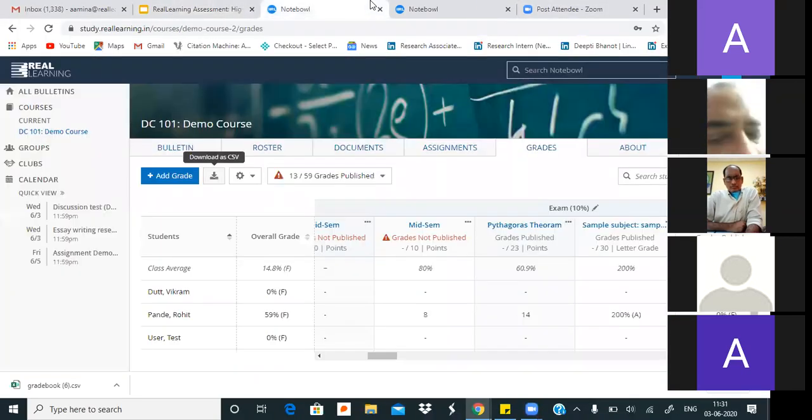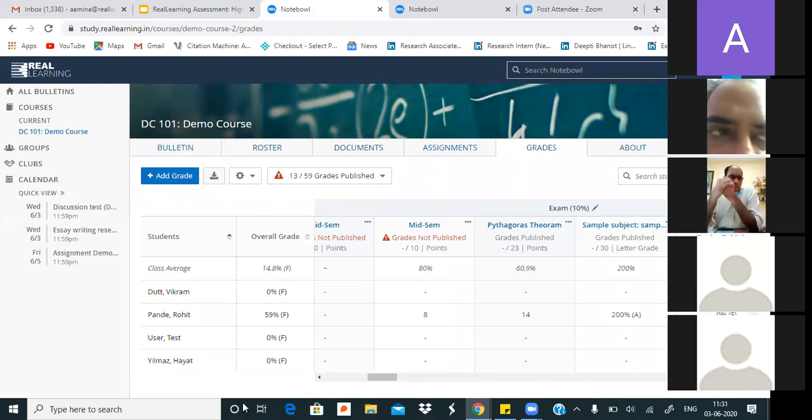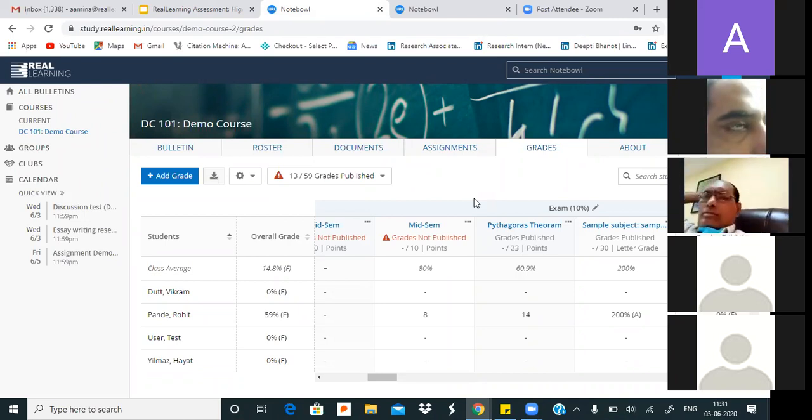So was everyone able to see how teachers can import as well as export the grades? Yes, we saw the download of grades. Okay, great. So again, just a quick recap. Teachers, when they come to their grades section, they have a few options here. They can see the overall performance of each and every student for each specific as well as overall assignment that the teacher has given.